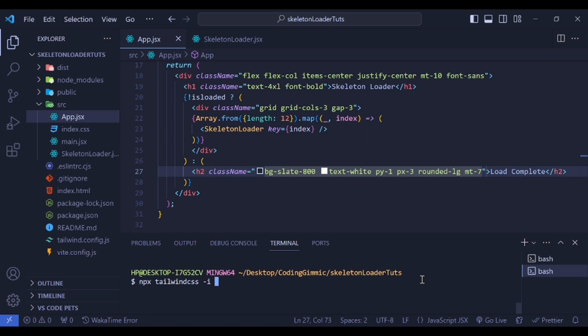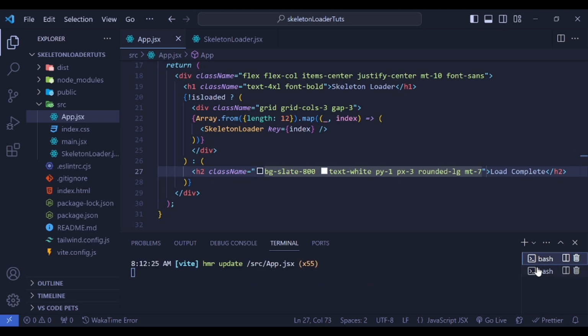So input is going to be src/index.css, and then output is going to be this slash output.css, and then watch. So this is basically going to watch our code to check for any changed styles and then rebuild the Tailwind CSS. So if I click enter, it's going to load up,